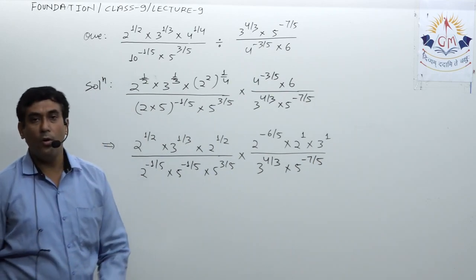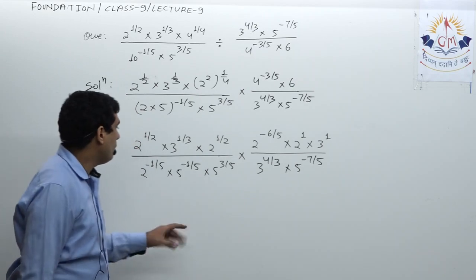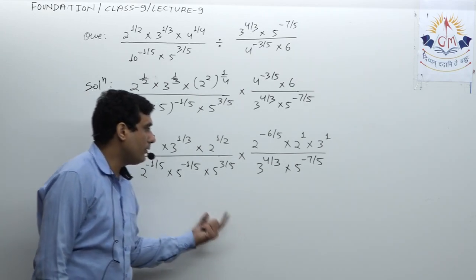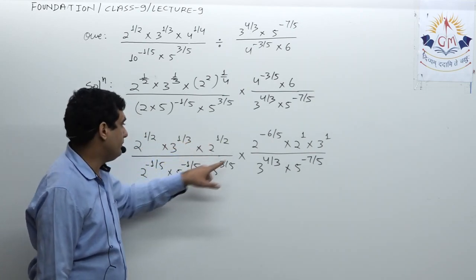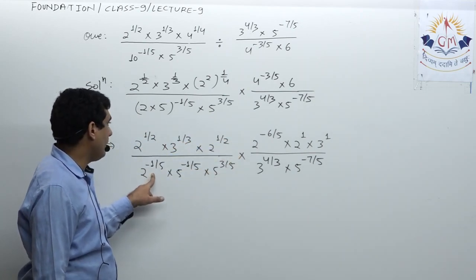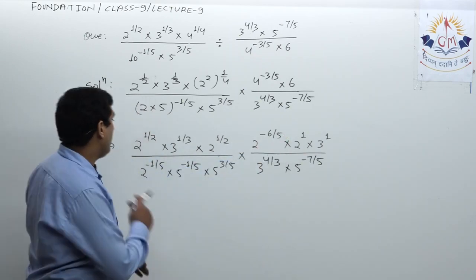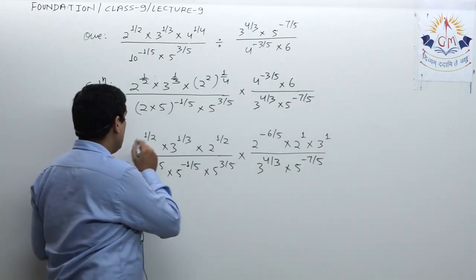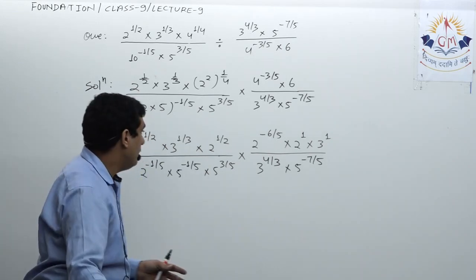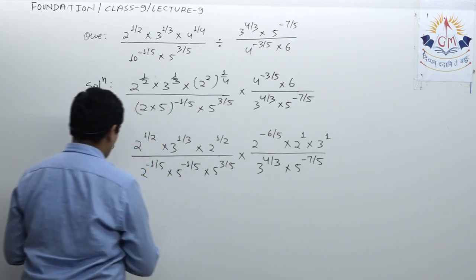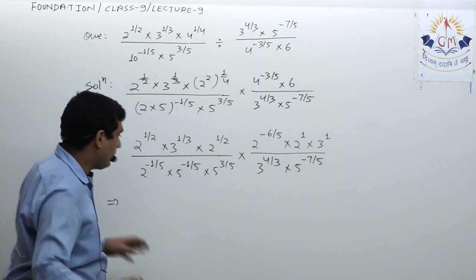So now all the terms have prime numbers as base. There are many different ways by which we can solve them. See, here it is 1 by 2, 1 by 2, so actually it will be 1. This is minus 6 by 5, this is minus 1 by 5, and this is 1. So now I will write the terms having base 2, then base 3, and then base 5, with their exponents. I am now applying the laws of exponents.